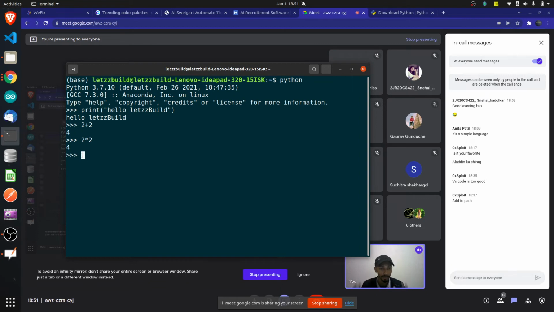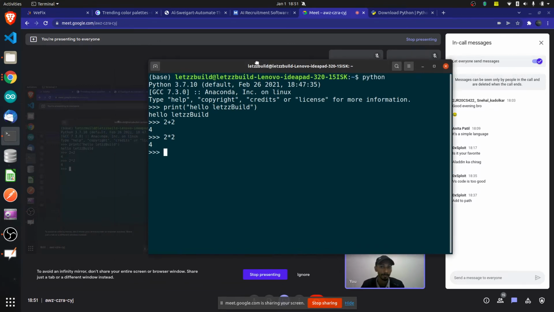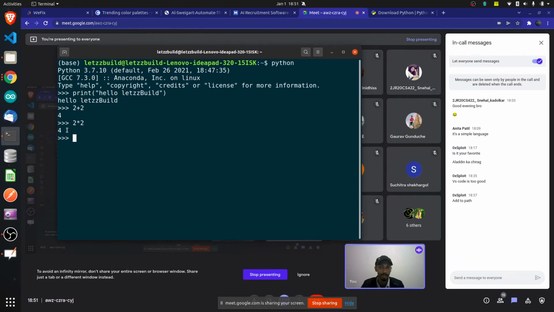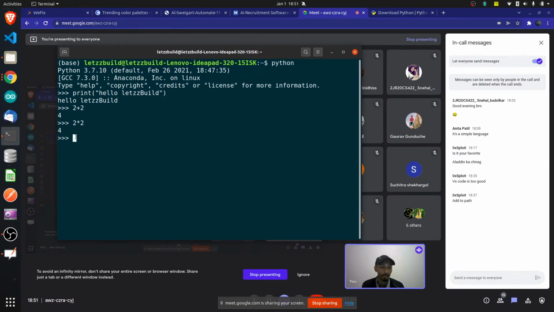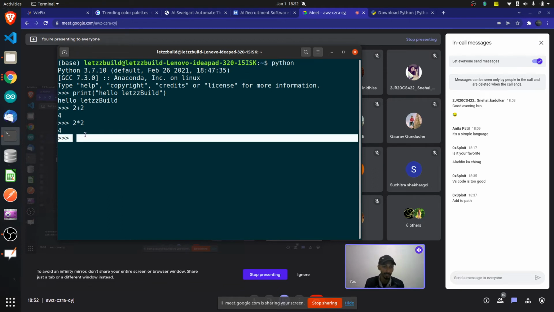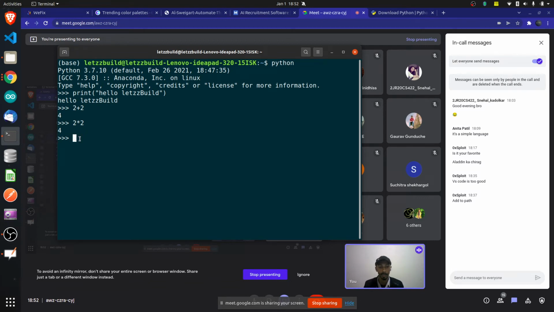This is through the interactive shell, and this is exactly the same way as IDLE. If you just type IDLE in your search bar, you will get such a screen. You will actually not get a terminal, but a screen which has these three arrows, where you can directly execute all your programs. So IDLE and doing it through this way is the same. If you type IDLE also, you will get these three arrows, where you can execute all your Python programs. I hope the two methods are clear.